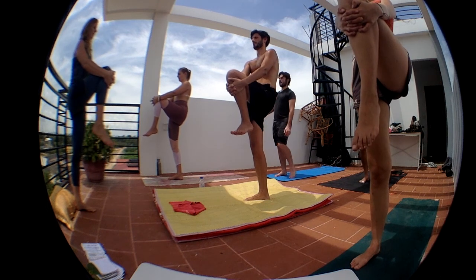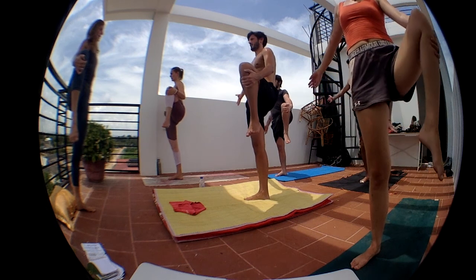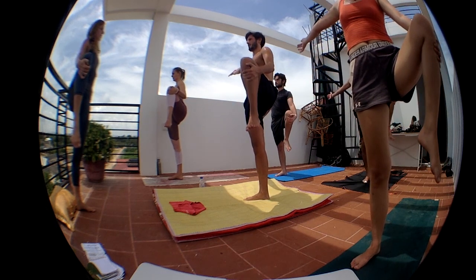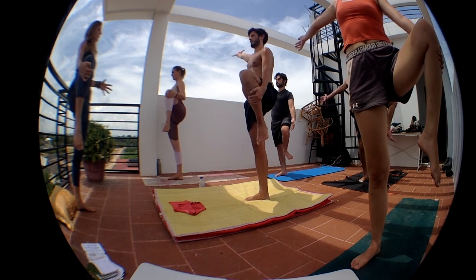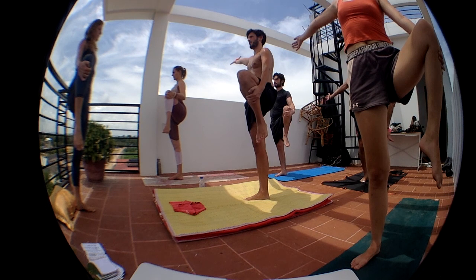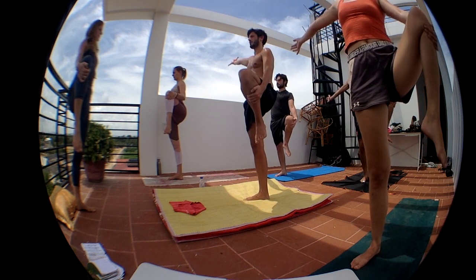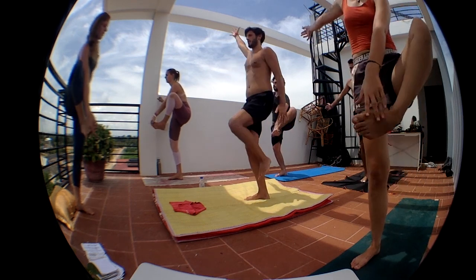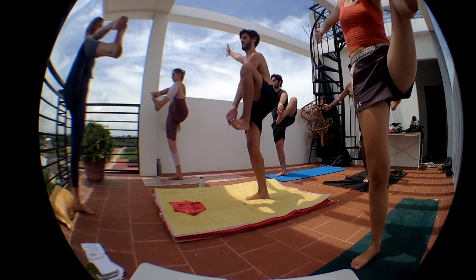Beautiful. And with your left hand, pull your left knee out to the side and extend your right arm out. Mind's eye is in the pelvis. Your balance is in your core. Beautiful. Then slide your left fingertips down for yogi toe lock on your big toe and extend the leg only as